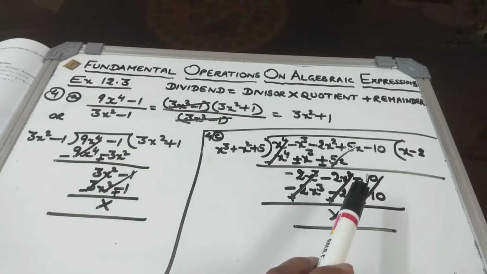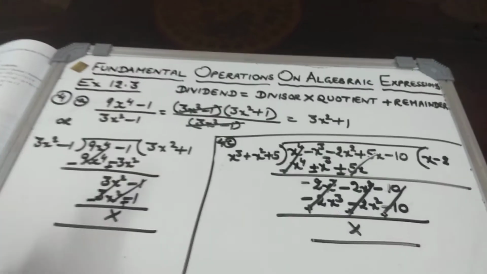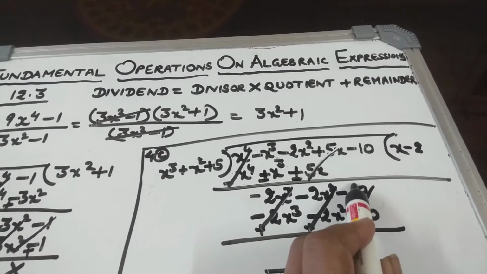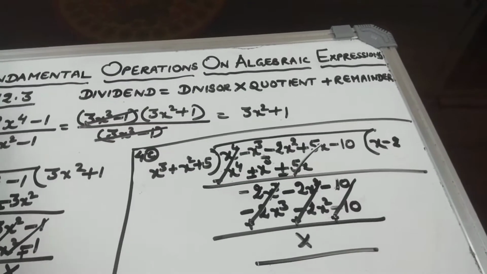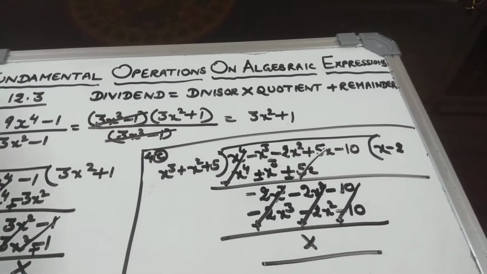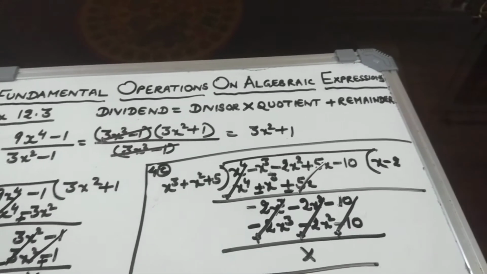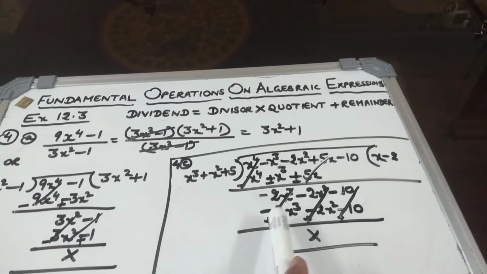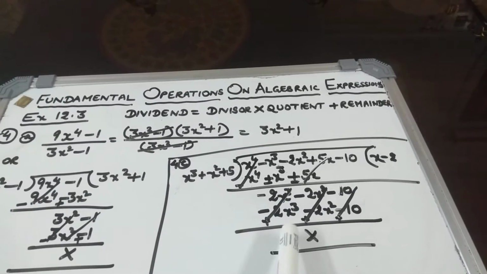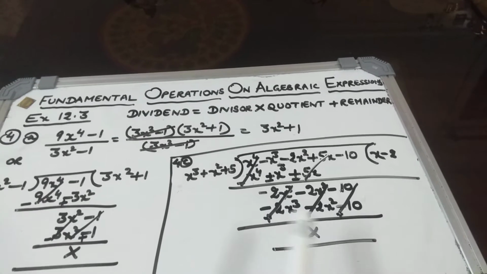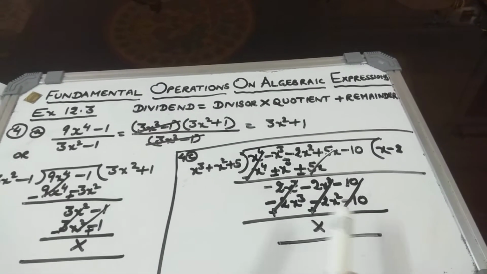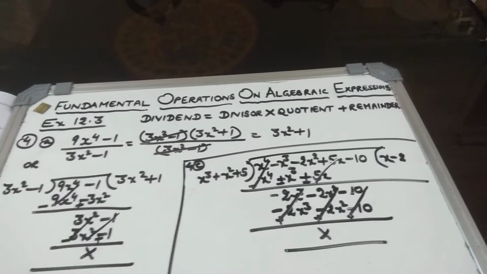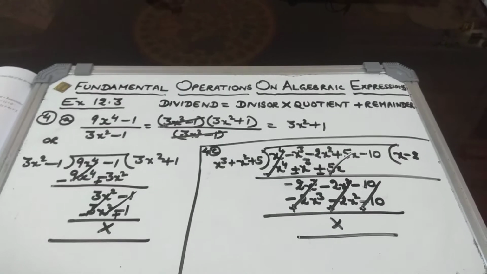Now what else is left over? Minus 10. Minus 10, you can make it minus little darker. So you are getting minus 10 here. Now you see, if you multiply by minus 2, you are getting the same expression which is written here. So minus 2x cube minus 2x square minus 10. Now after subtraction all signs will change, plus, and all of them will get cancelled. It is 0 in the remainder.